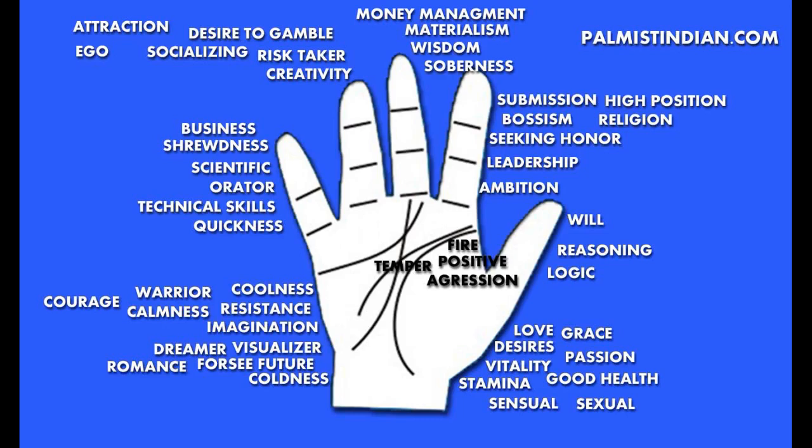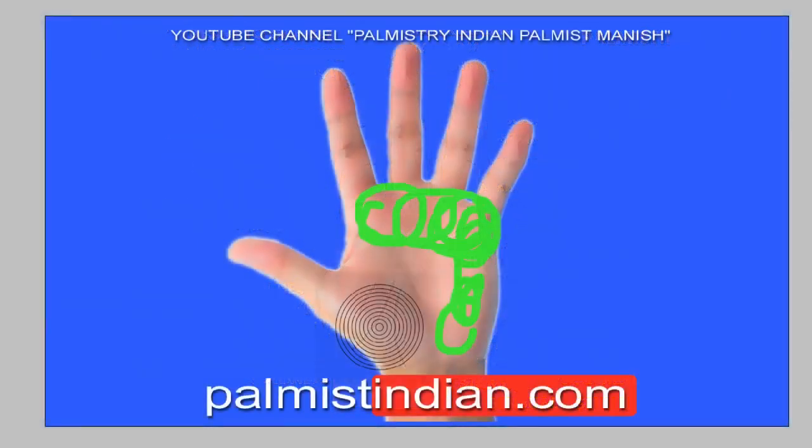In some cases, the Mount of Venus might not be well padded. If the Mount of Venus is not well padded, the person is likely to have lesser desires, and it might indicate that the person has less fuel in him, and less fuel means his car is going to go a shorter distance compared to a person who has a prominent Mount of Venus. So a person who has a prominent Mount of Venus is likely to have desires that are huge and never ending, and it signifies that the person has vitality, stamina,